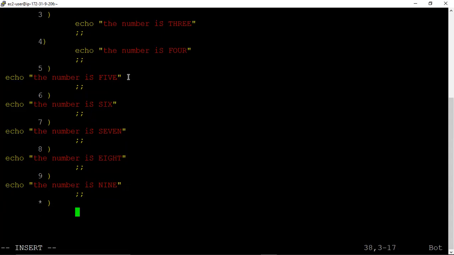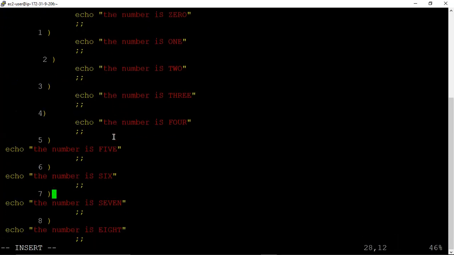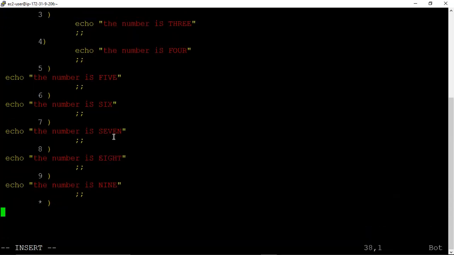See, we are taking the values 0, 1, 2, 3, 4, 5, 6, 7, 8, and 9.